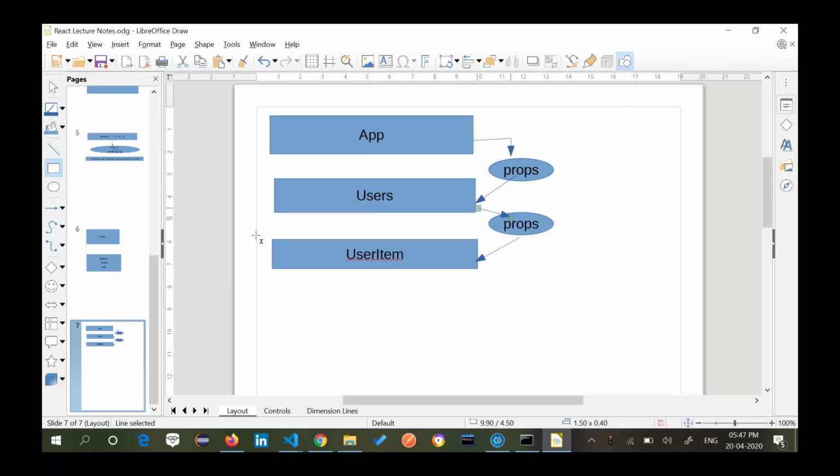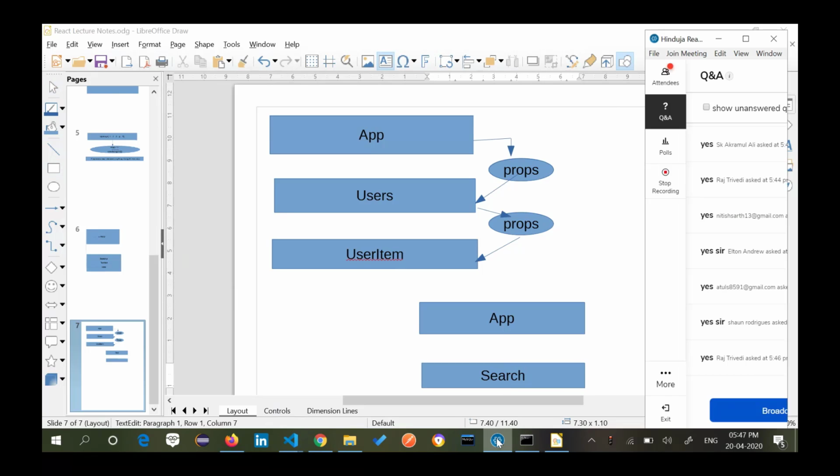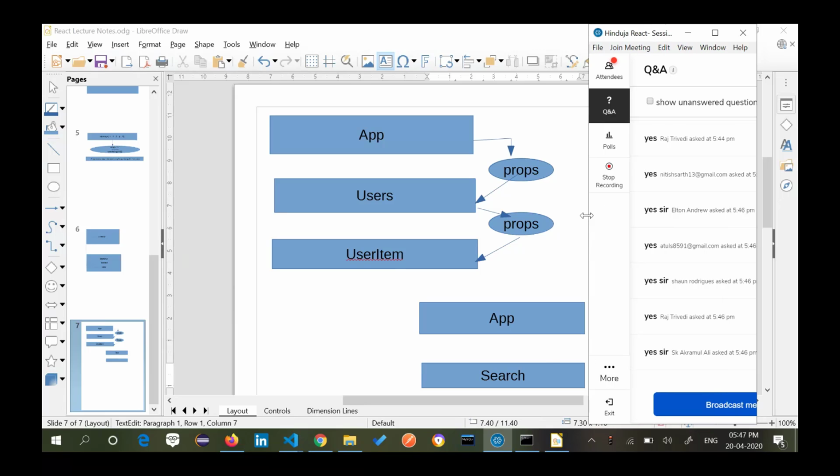See what has happened in the other hierarchy. You have app and you have search. Now can you tell me which component contains the data which is to be searched? Is it with search or is it with app?